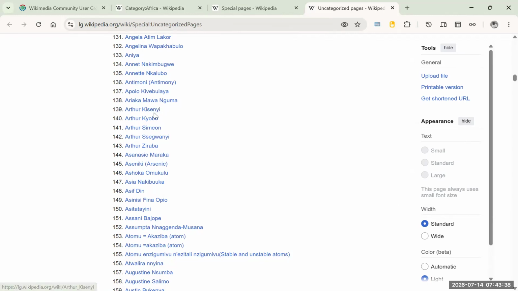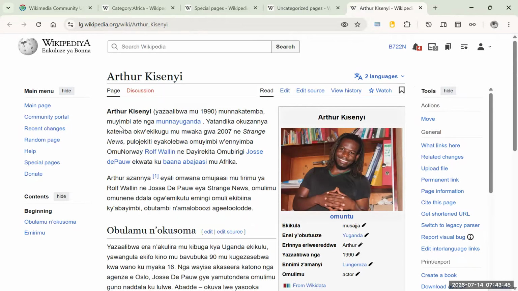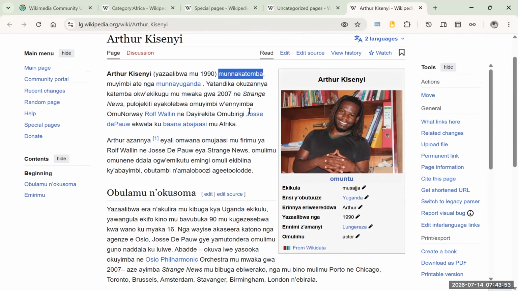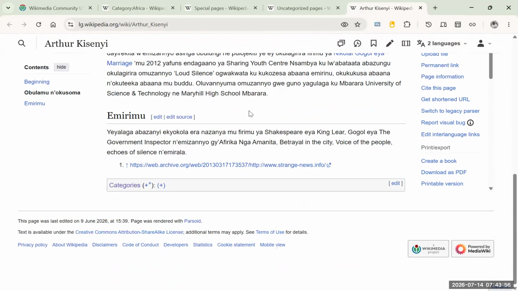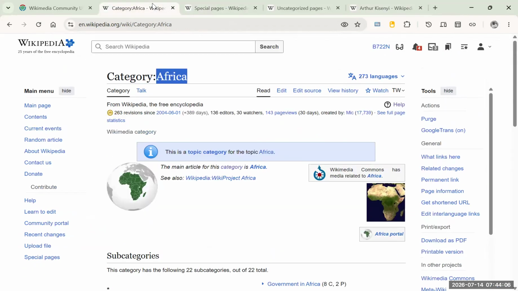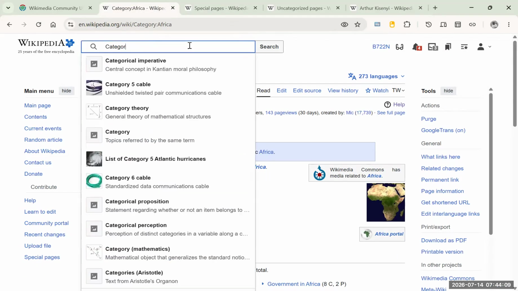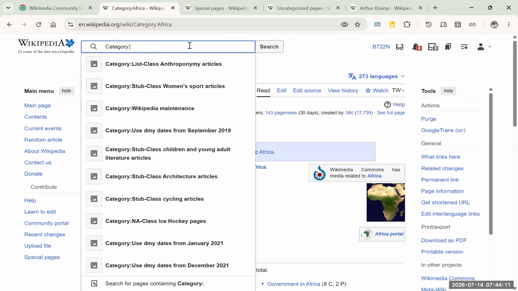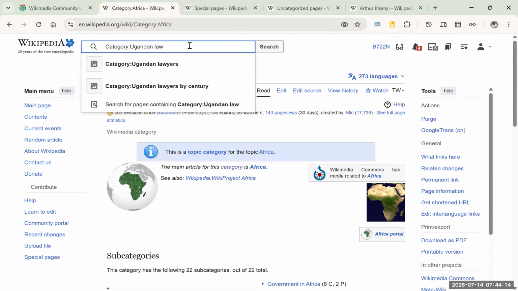So you see there's Arthur Chisenyi. So Arthur Chisenyi is Munamateka, then Muyimbi, Atenga Muna Uganda. So this one is a lawyer. We're saying that this person is a lawyer, but is not having any Wikidata item yet. We connected earlier the category for Ugandan lawyers. So I can come here and say, maybe if I don't know how Ugandan lawyers was translated, I come to Ugandan lawyers,